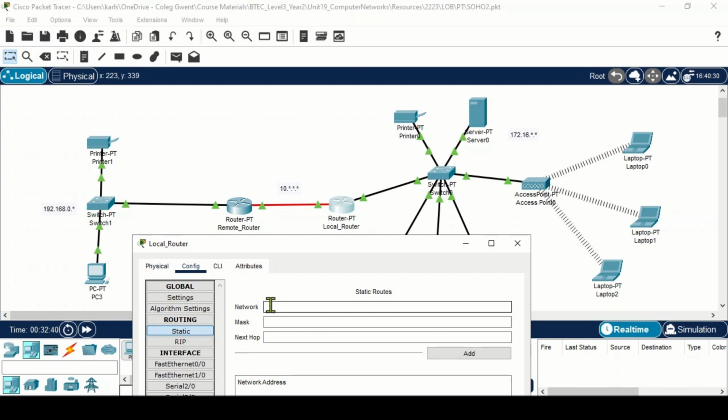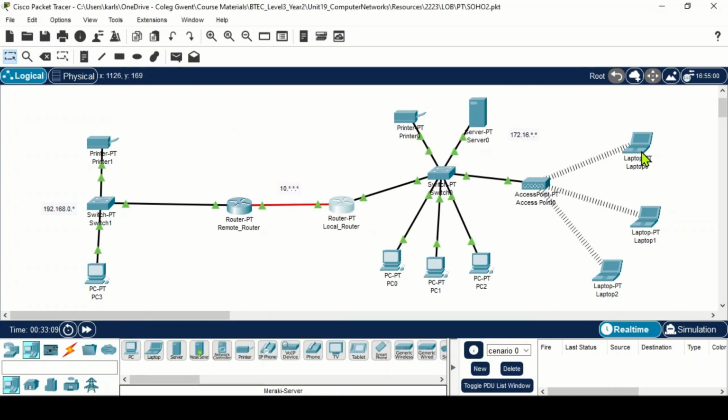So we're going to 192.168.0.0 mask 255.255.255.0. Next hop, so we're going from this router, we're hopping over this way and that's going to be 10.0.0.1. Add,